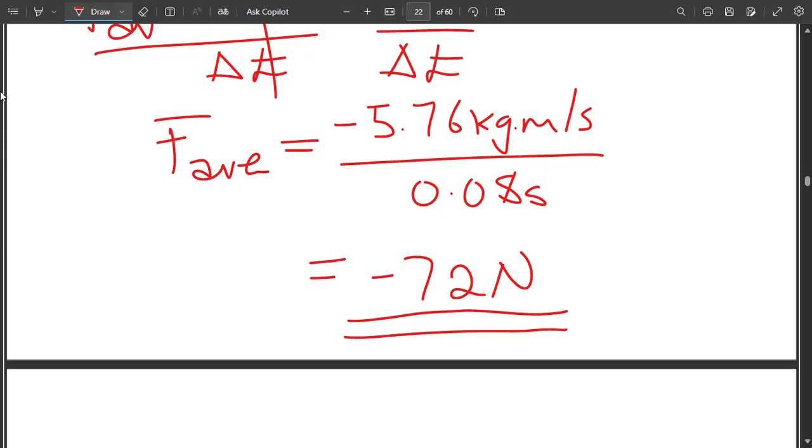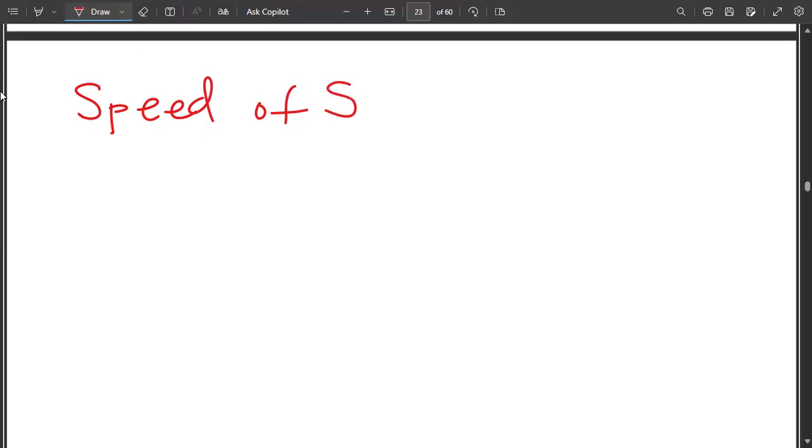Okay, part 3 is saying we should calculate the speed of the ball S after collision. So how are we going to calculate the speed of S after collision? We're just going to use the principle of conservation of momentum, which means the initial momentum should be equal to the final momentum. So I'll say MB